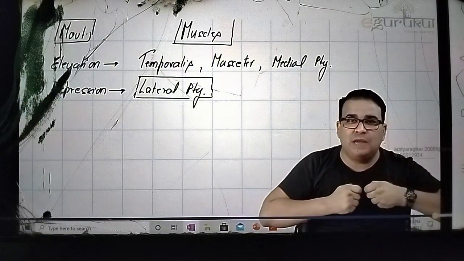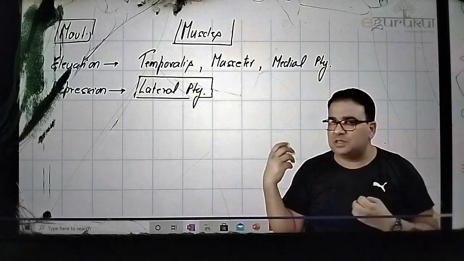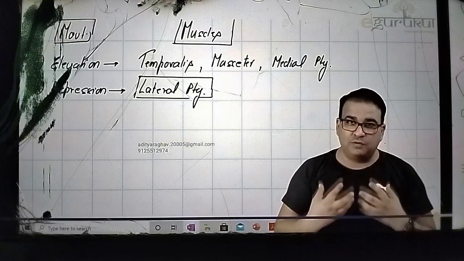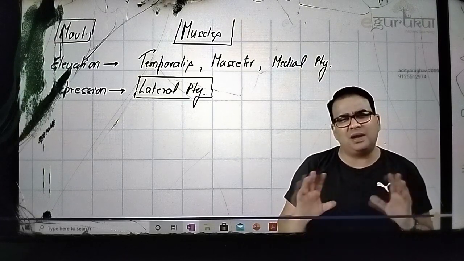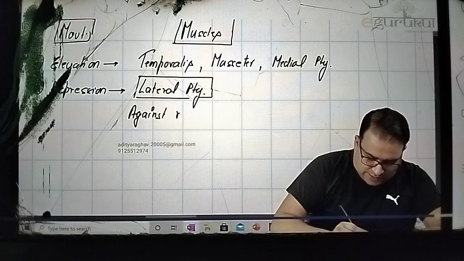So these muscles will also pull the mandible downward, like anterior belly of digastric, mylohyoid, geniohyoid, whatever muscles we just saw attached to the mandible, those which will pull the mandible downward will also help the lateral pterygoid in opening of the mouth, but when it is against the resistance. Normally lateral pterygoid is enough. So, against resistance,